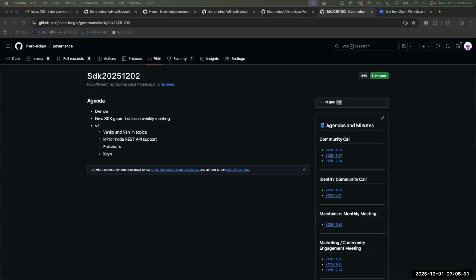So we were talking with Jessica about doing a good first issue weekly meeting. This is basically going to be a meeting where we can go through all of the SDKs. It'll kind of act like a backlog grooming in a way.